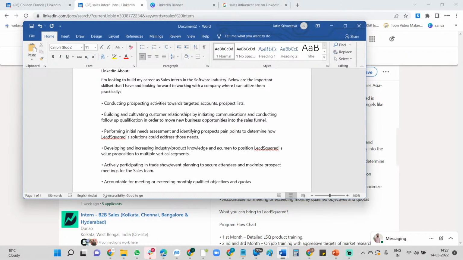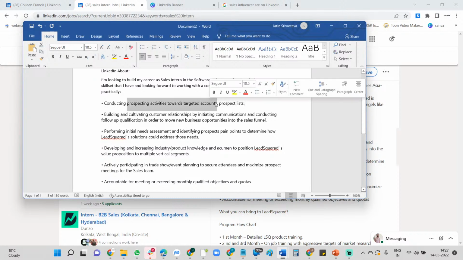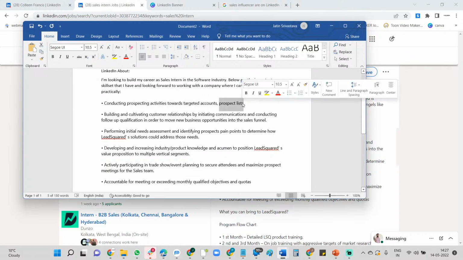So now what I'm gonna do is take help of this content in order to create my own content. I will not make any content from scratch because that will take a lot of time. What I am gonna do, I'm gonna take help of this content in order to create my own content. So now here I can understand that conducting prospecting activities towards a targeted account prospects list is going to be one